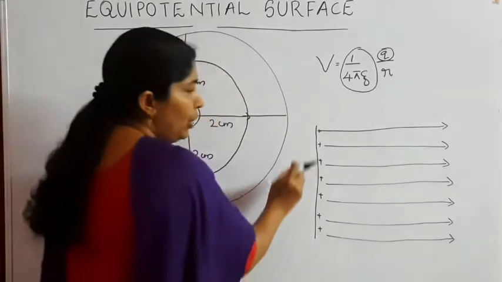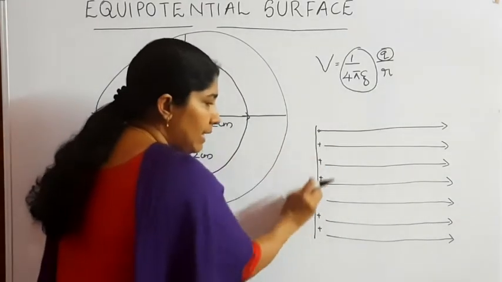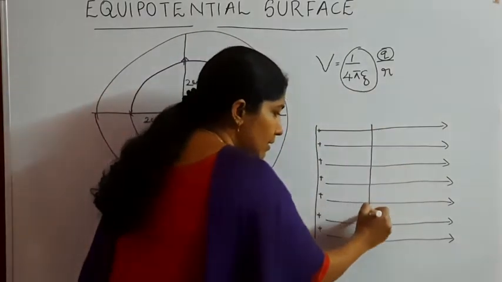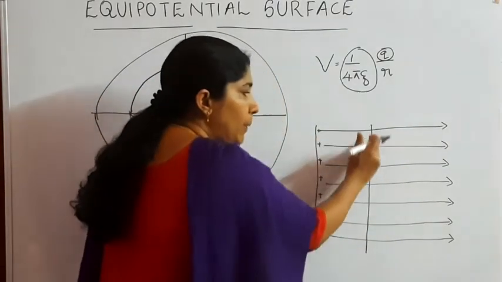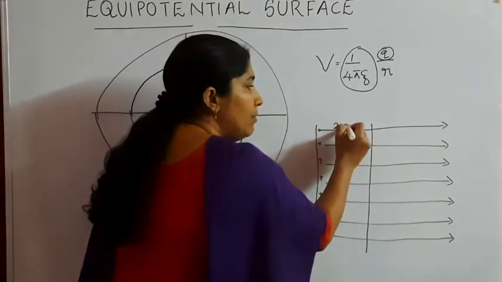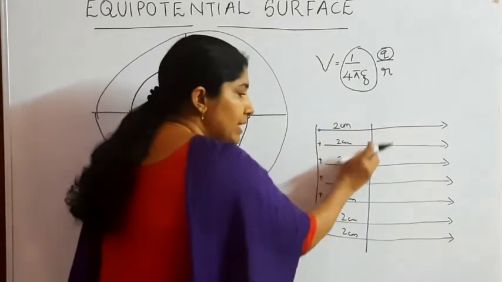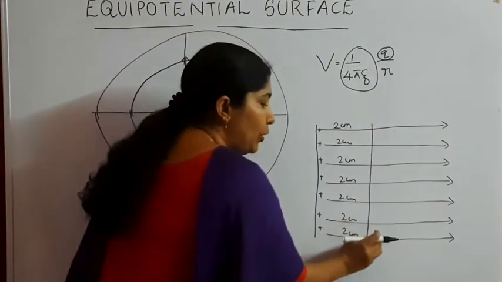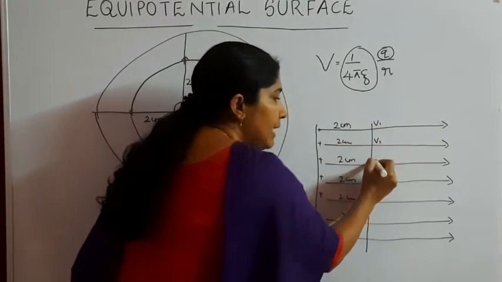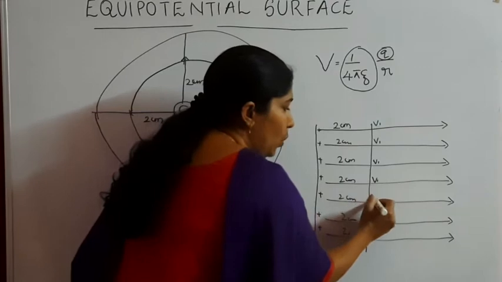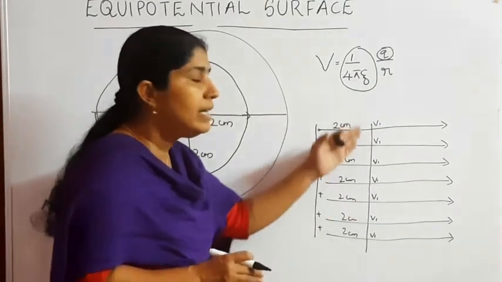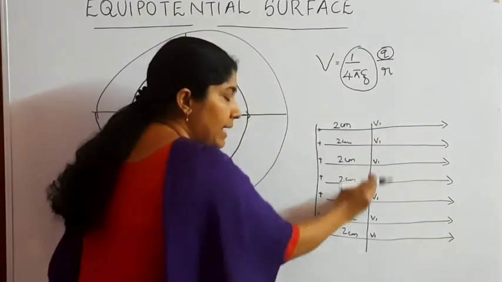If we draw a surface 2 centimeter from this line charge, what about the potential of the surface? If this distance is 2 centimeter, then this surface is equipotential because it is at equal distance from the linear charge distribution. What about the shape of the equipotential surface here? Here the equipotential surface is a plane.